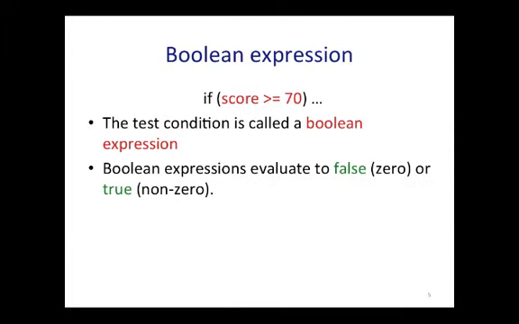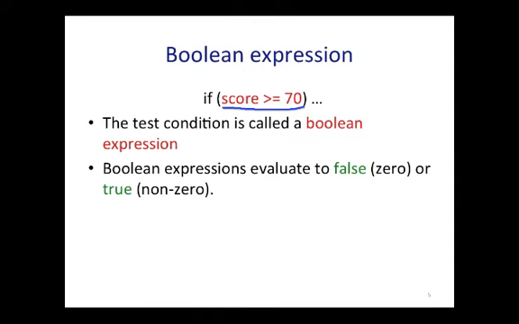Okay, so moving on, we're going to spend part of this time talking about Boolean expressions. Last time you certainly saw how we would evaluate an expression. That expression, we call it a Boolean expression. A Boolean expression evaluates to either false or true. Okay, and the reason I said zero or non-zero, if you remember from last time, the language that preceded C++